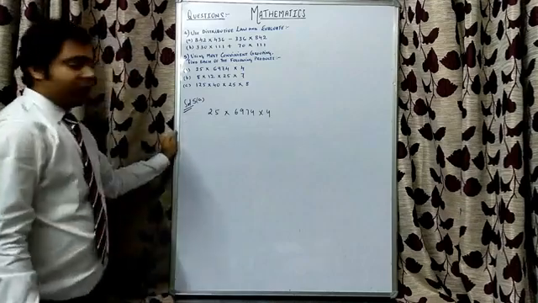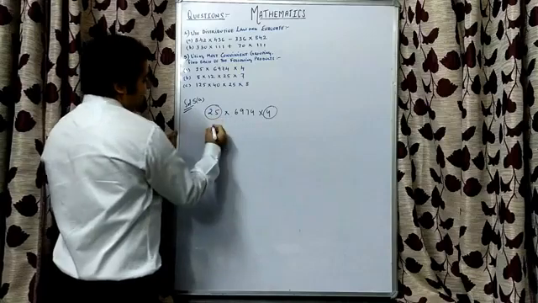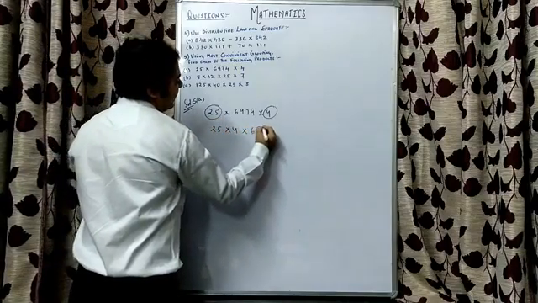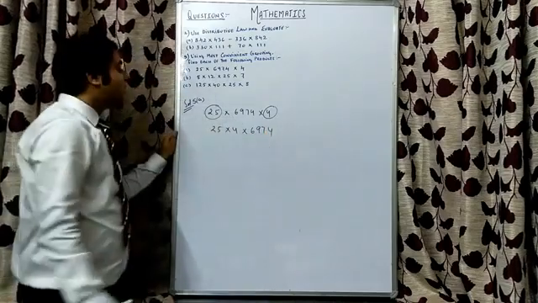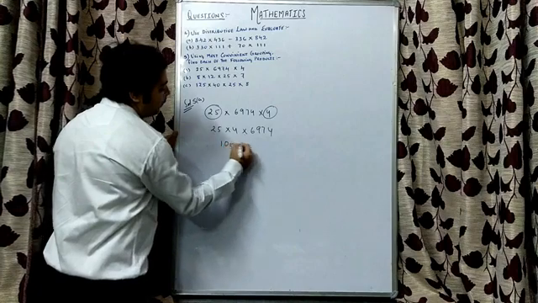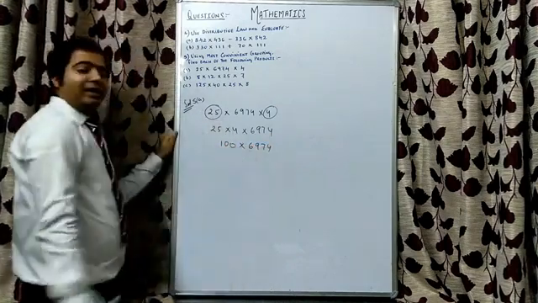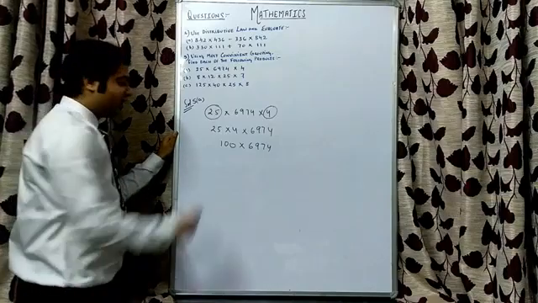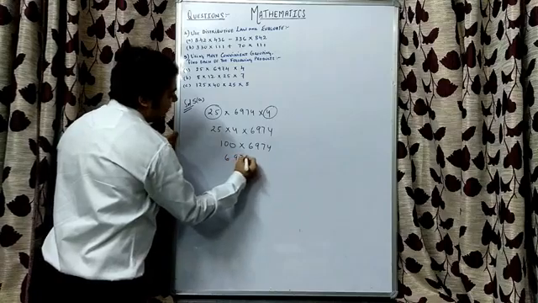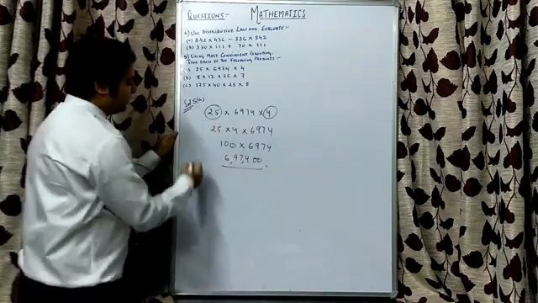Right? What we can do, children, is we can club 25 and 4 together, like 25 into 4 into 6974. Why have I clubbed 25 into 4? Because 25 into 4 will give me 100 and this is 6974, and this will make our calculation part very easy. 100 into 6974 will give me 697400. Right, this is our answer.